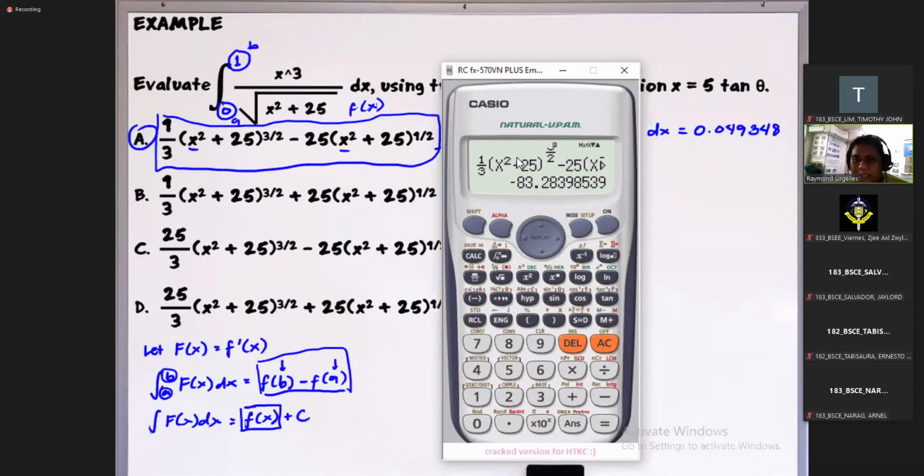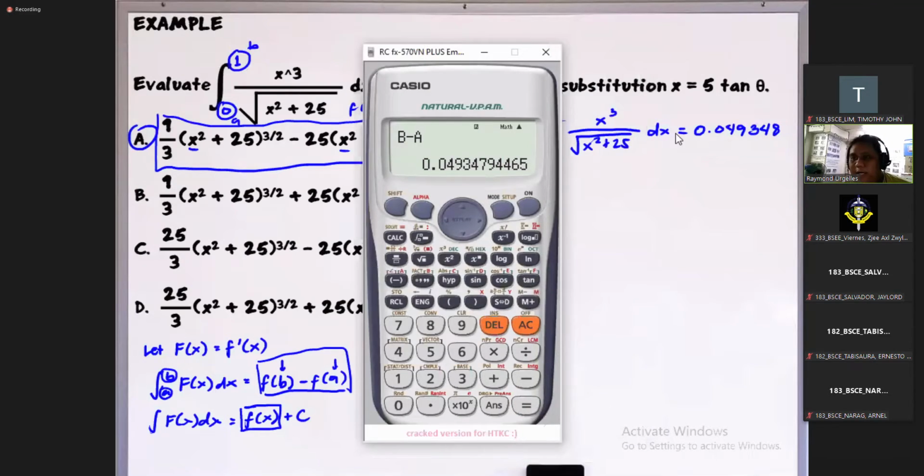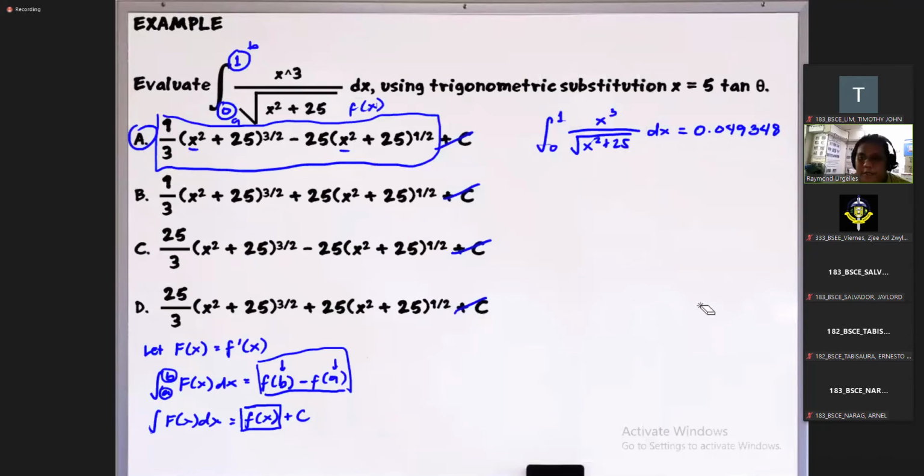So then, yan yung isa-save natin muna kay b. Okay. So then, balik tayo dito. Okay. So then, we calculate this at 0. Okay. So yan yung isa-save natin kay a. So then again, after nun, isusubtract natin yung dalawa. Diba? So that's b minus a. So then we get, okay, so as you can see, parehong-pareho yung nakuha natin. Diba? So therefore, itong choice na to will give us 0.049348. Okay? Nakuha ba? So which means yan talaga yung tamang sagot.